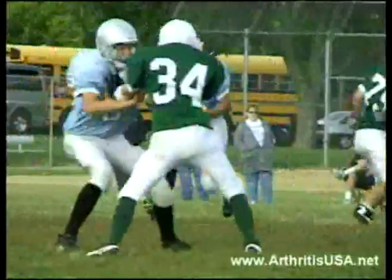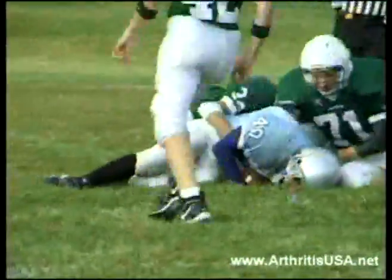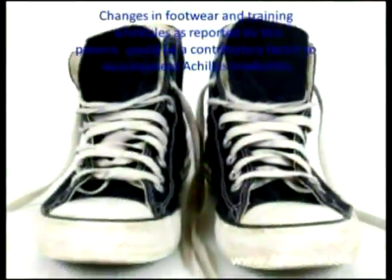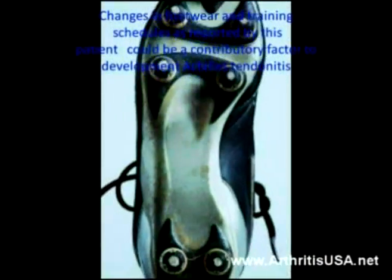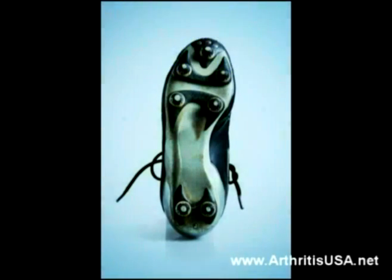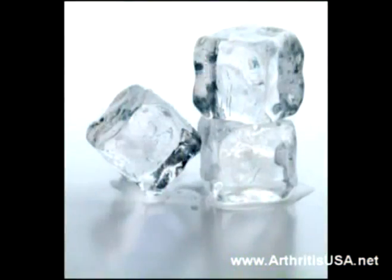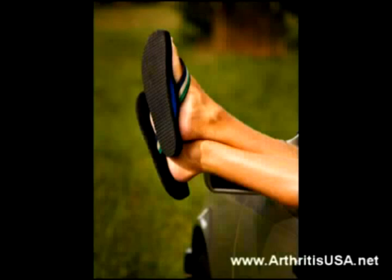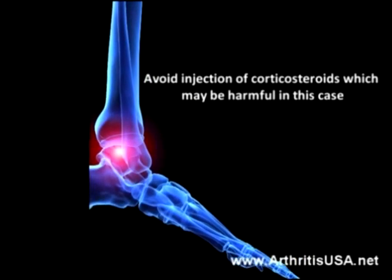Typically, patients experience most of the pain during running and jumping. Changes in footwear and training schedules, as reported by this patient, could be a contributory factor to development of Achilles tendonitis. Treatment is RICE, which stands for rest, ice massage, compression, and elevation. Avoid injection of corticosteroids, which may be harmful in the